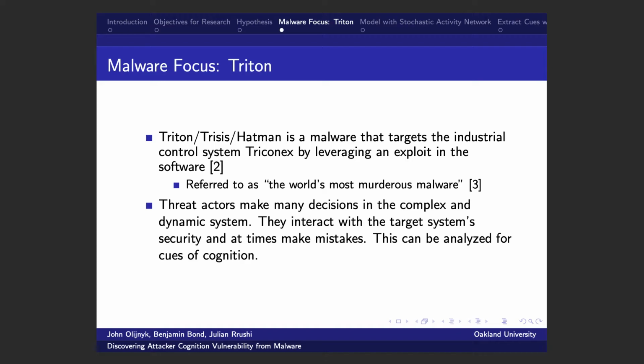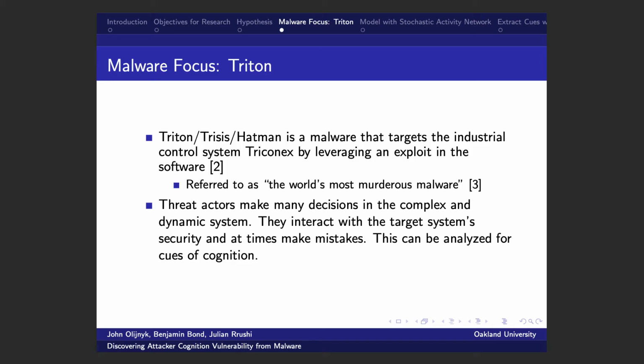So in the paper that we are currently writing with this research, we look specifically at an industrial control system targeting malware called Triton or Trisis or Hatman, depending on the literature you're looking at. And this targets industrial control systems by leveraging an exploit in the software. And this has been referred to as the world's most murderous malware because it's designed to disable safety procedures that are in place in these